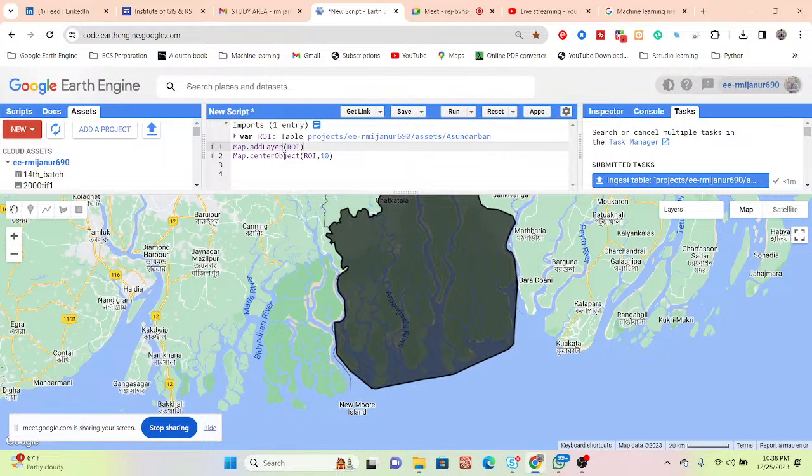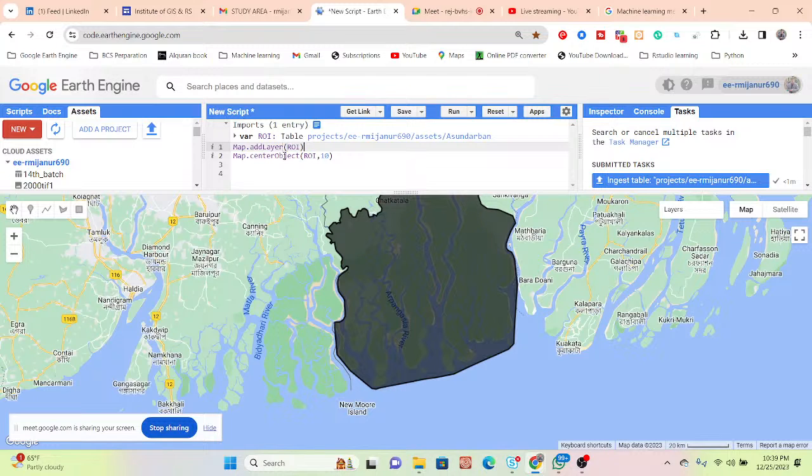The issue I'm having with aquaculture is that whenever I try to classify, the model picks aquaculture and water body as one. Okay, no problem. I think they have the same spectral signature. This time we are using the Google Earth Engine platform, so I hope we can easily differentiate water body and aquaculture. We run the machine learning model in Google Earth Engine, and we also get good accuracy about that.